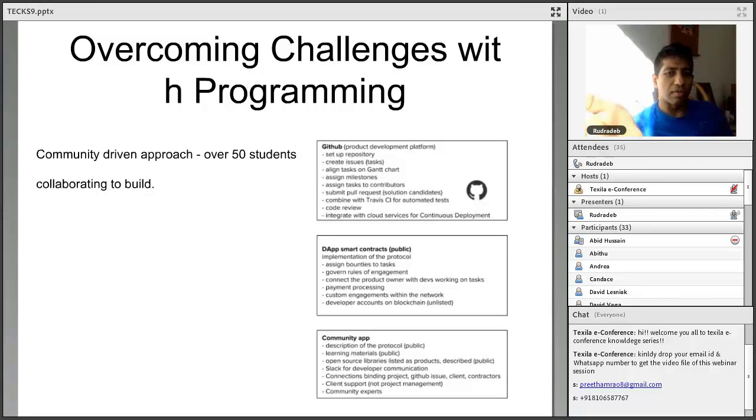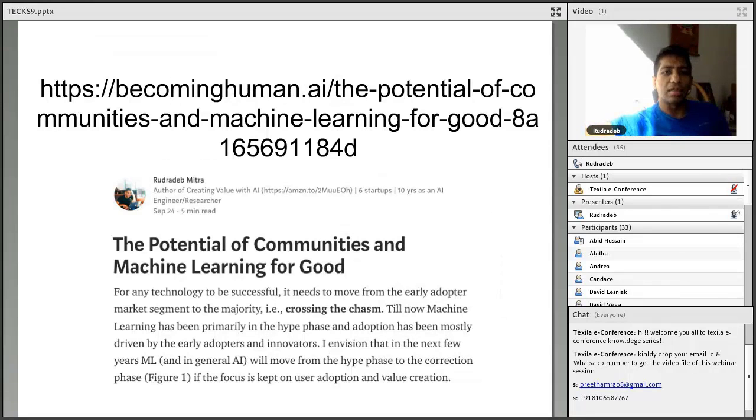based on certain protocols. I've written down those protocols on the right-hand side, where you can see that we are using GitHub, and some kind of contracts. I use the word smart contracts, but of course in future blockchain would come in. For now, it's not a smart contract in blockchain terms, but in terms of protocols and processes that we are following, where students come together and build a product together and the community comes together. And this is the way I feel the future of overcoming challenges with programming will come.